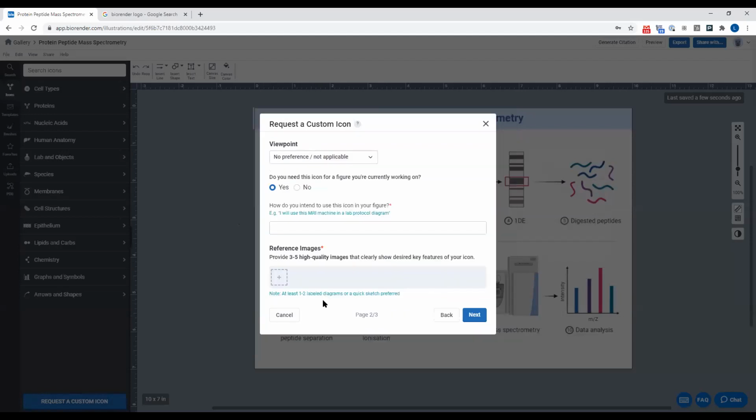And then hit next. Give us a couple reference images so that our scientific illustrators have something to go off of. And they will reach out to you, let you know if they have any questions, and they'll be able to turn an icon around for you and add it to our library within a couple days. So this is really, really useful if you are doing any kind of novel research, or maybe you just want to show